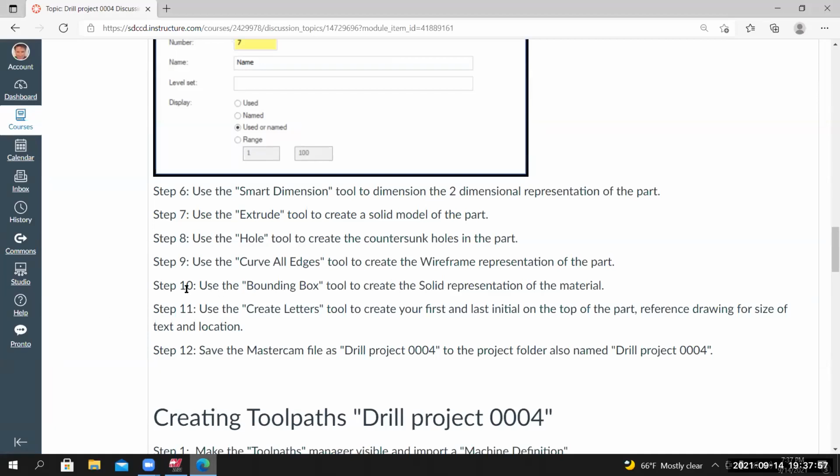Step 10, use the bounding box tool to create the solid representation of the material. So basically, this is going to be the part before it has any holes drilled in it. We're going to create a solid model of it using the bounding box tool. Back inside of Mastercam,